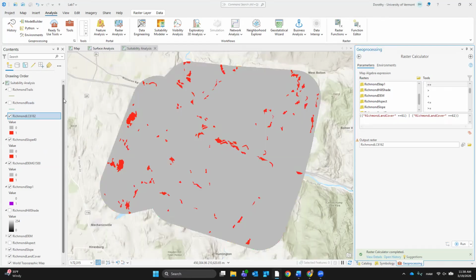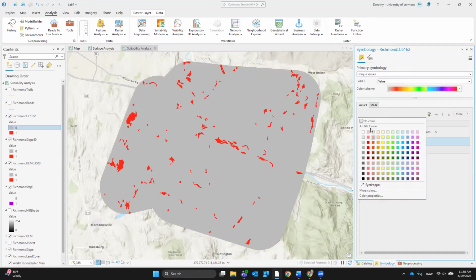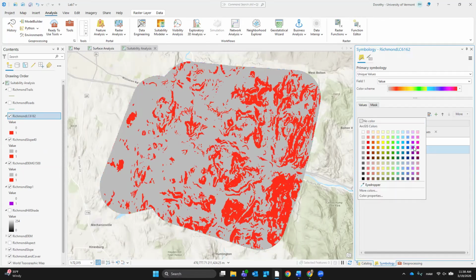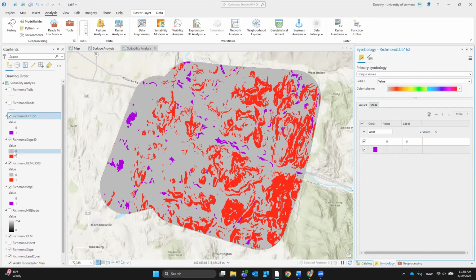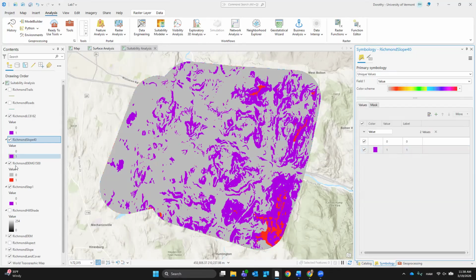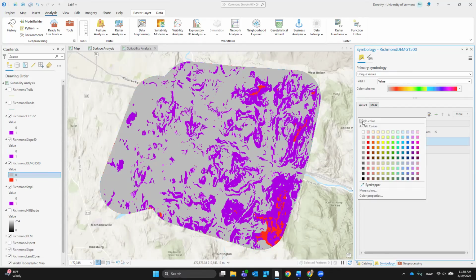First I'm going to make them all look the same. So I'm going to make them all no color, except that hot purple. So I'm going to click on that. I'm going to do no color and the one, that hot purple. This will just help my brain visually. Okay, hot purple, no color, no color.